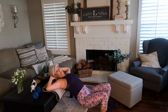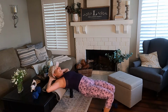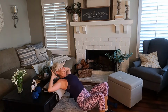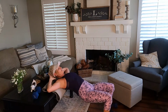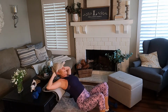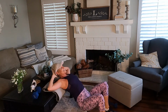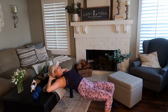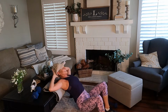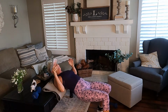Now as you come up for your final set right here, come up, squeeze those legs together. Ready? In, woo! Just 8 to go. 8, come on. 7, tighter. 6, 5, 4, drive those hips up. 3, 2, and 1. Now, just walk yourself in, or you could drop your hips however you find your way